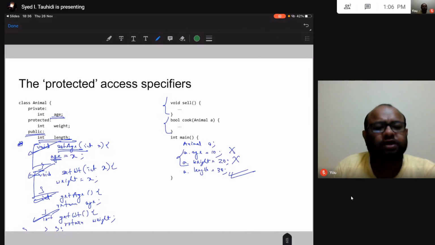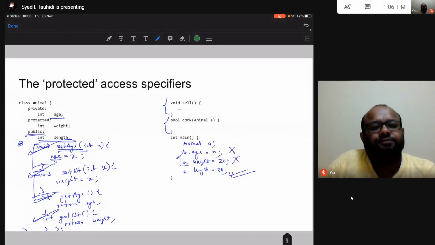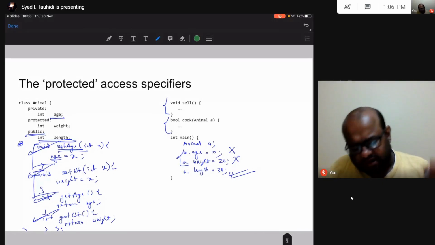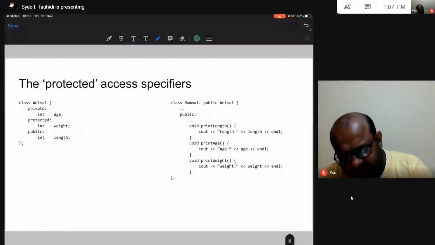Weight is protected, so I cannot access private, I cannot access protected, I can access public. Public is public property. So this is what I have from the perspective of main. Now let's go ahead and look at this. What is happening over here? This animal class stays the same.